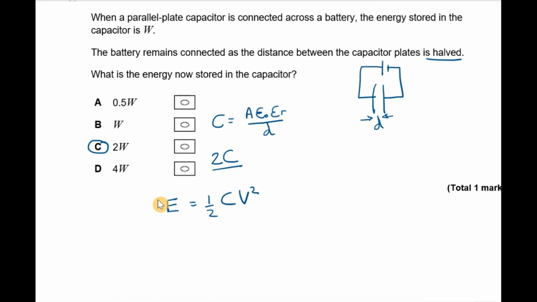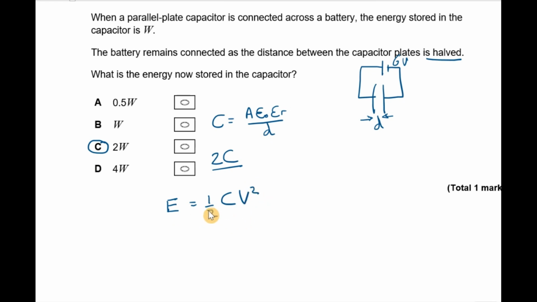Why did I choose that equation? Because there are a number of equations that give you energy for capacitors. I chose that one because the voltage is going to remain constant in this particular case because all the time it's attached to the battery. So if it's a 6-volt battery, then at the end we're going to end up with 6 volts across the capacitor. So we can see that energy is proportional to the voltage squared, but we're not changing the voltage,